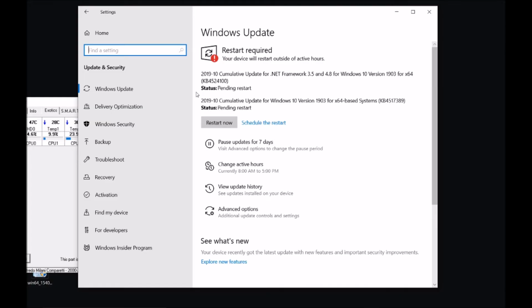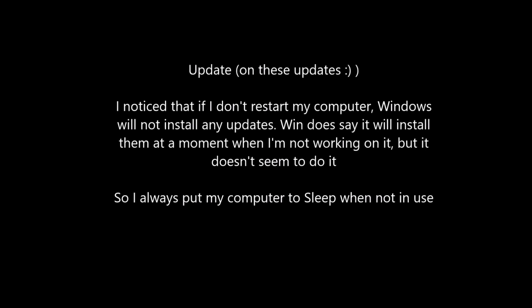These updates are not always that critical. You need to understand that it's not like, oh, if I don't get the next update, I'm going to get a virus or something. There's no reason to panic in that way.